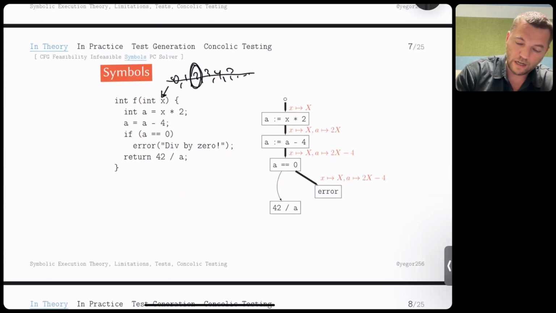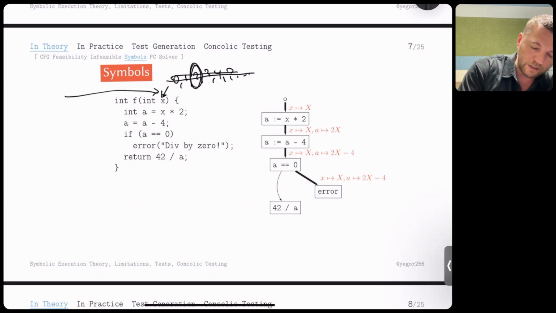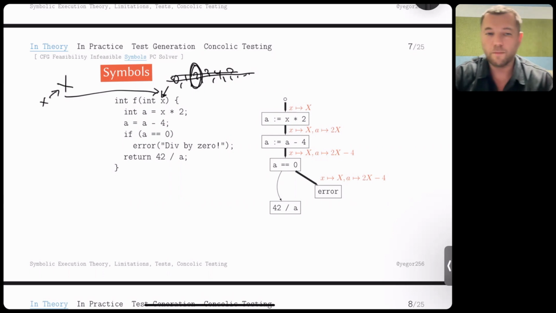We don't do that because that would not be symbolic execution. That would be dynamic analysis, just a normal execution of the code. We do it symbolically. So we say x is equal to a symbolic variable, capital X. This is exactly what you see here. So we assign to x some symbol. Actually a symbol, it's not even an actual value. And then we continue through the graph,